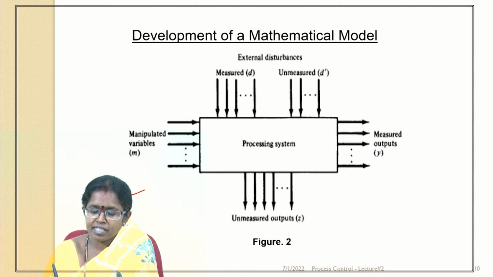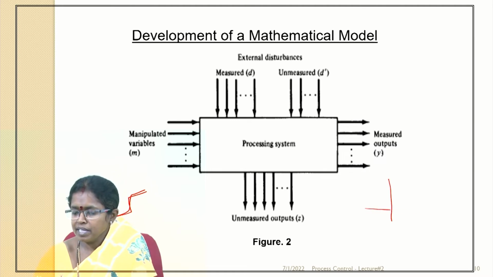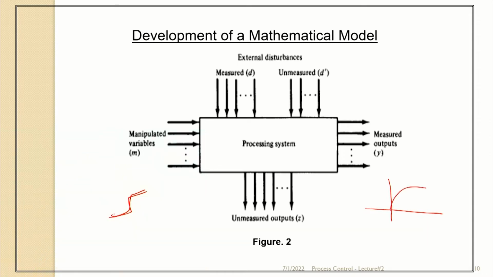Deliberately we are going to change the input to the process, using your sensor or the transducer, measure the output, and just record it. Again I am going to change the input to the process and again record the response. Now suppose the input magnitude is 1 volt, or 50% of the set point. Now I am going to change my input to 60% of the set point, again record the response. So what we are going to do is, from the input output responses,